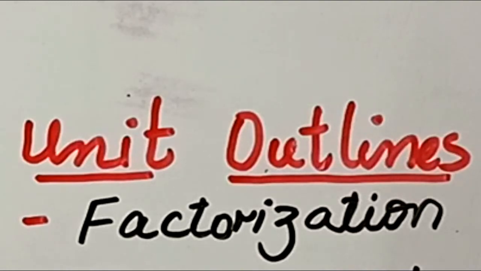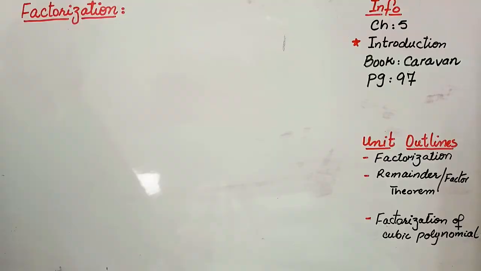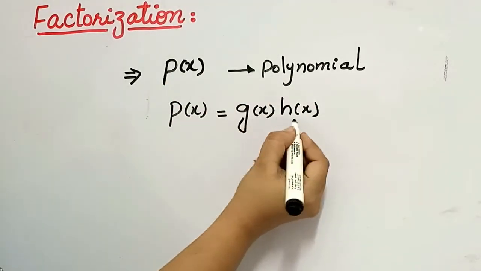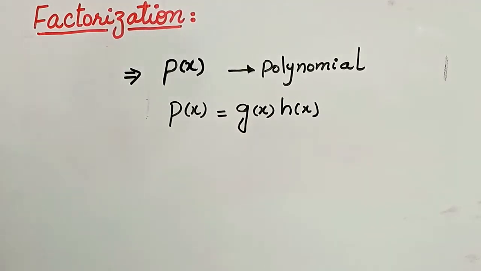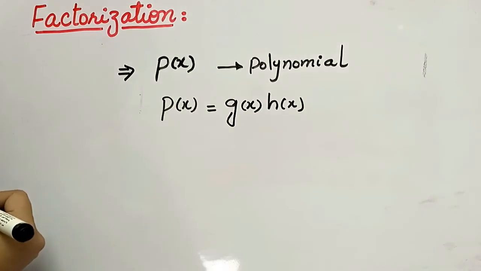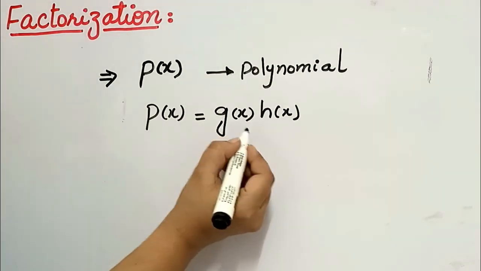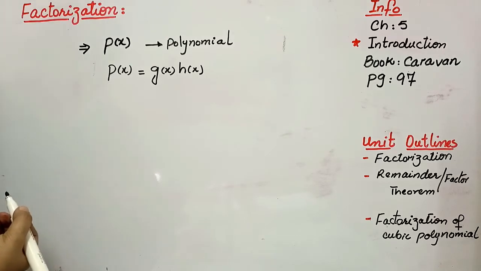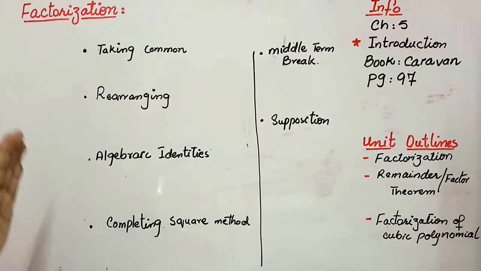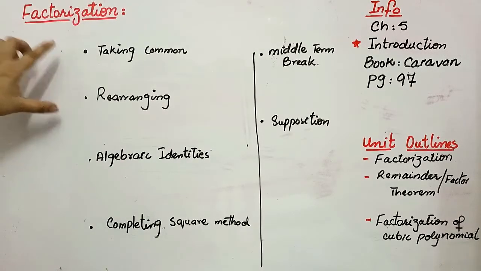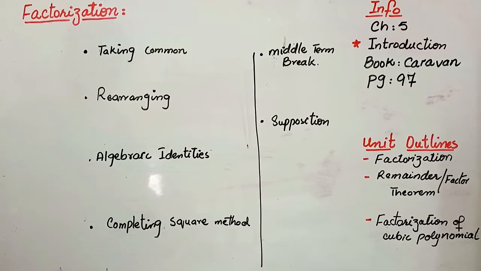Now we are going towards the factorization of polynomials. Same in case of polynomials. Let p of x be a polynomial, then the multiples of these both two polynomials, g of x into h of x, both are the factors of this polynomial. When a polynomial has been written as a product of prime factors, then it is said to be factored completely. We will use these following techniques to find out the factors of given polynomials.